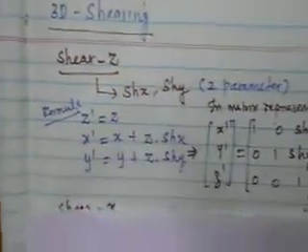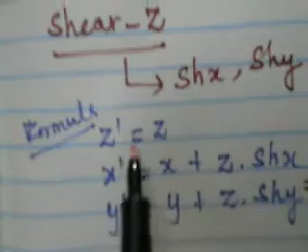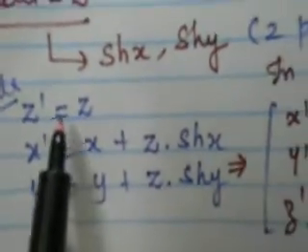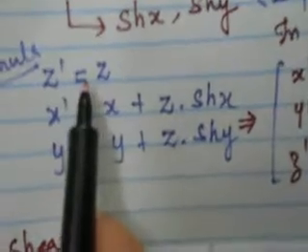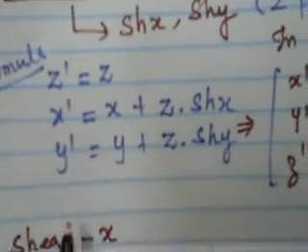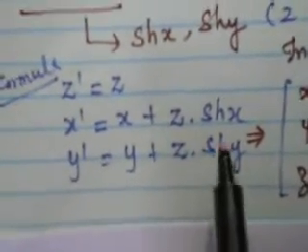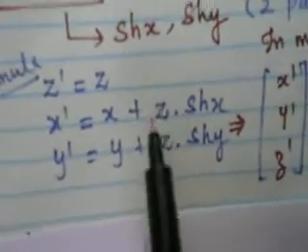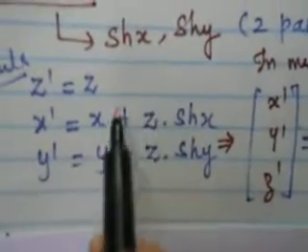Let's see z shearing first. Here also we are going to start with Z. It is easy for us. We are going to add only one more direction here, only one more axis, the Z axis. So we just retain Z alone as it is. Then for the remaining two, the X and Y axes, we are going to make changes. For that we need shearing parameters, the shx and shy parameters.